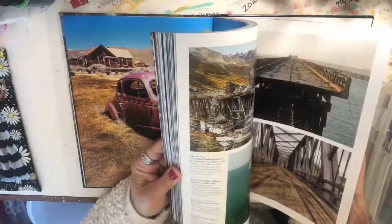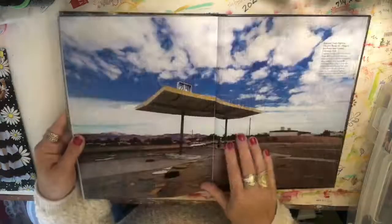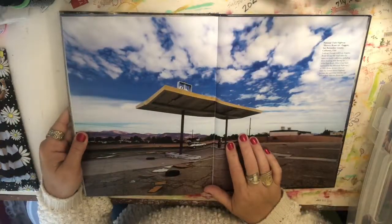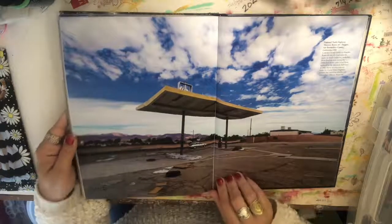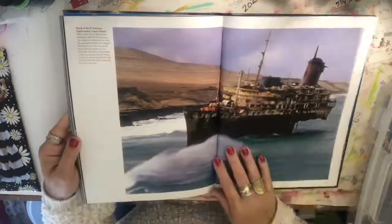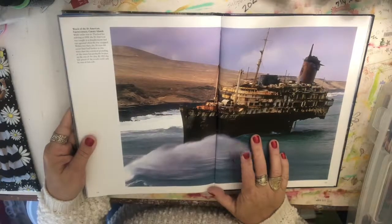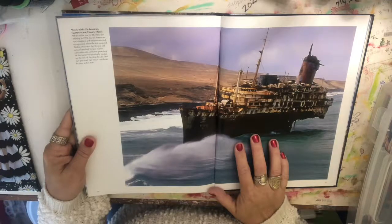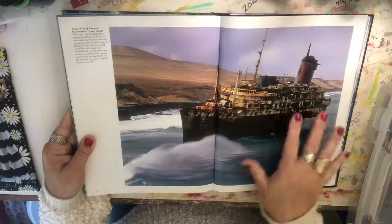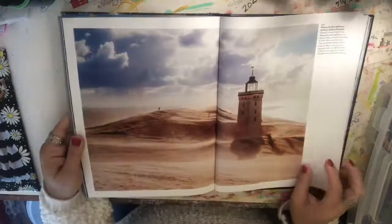But let me just show you a few of the pictures. This is an old abandoned roller coaster, an old abandoned gas station. This is on historic Route 66. How about that? There's a tanker that's been abandoned. It came ashore, and the wreck, it says, has now broken up, most of the large pieces, and you can only see them at low tide. So that's a cool picture. Here's an old